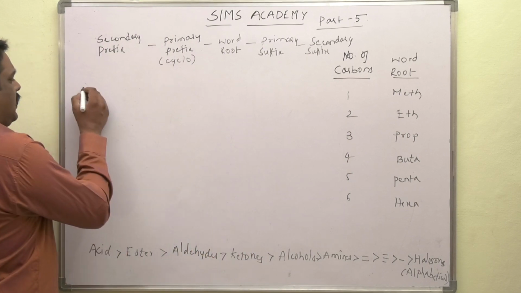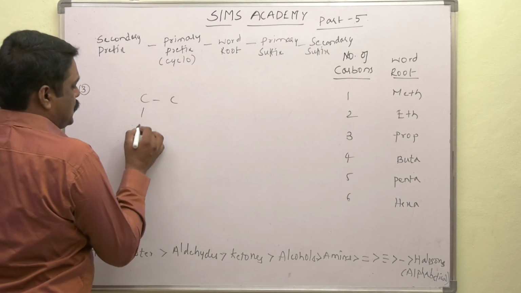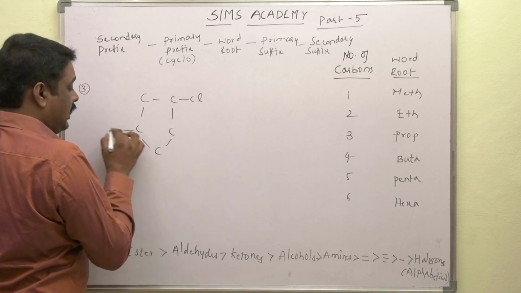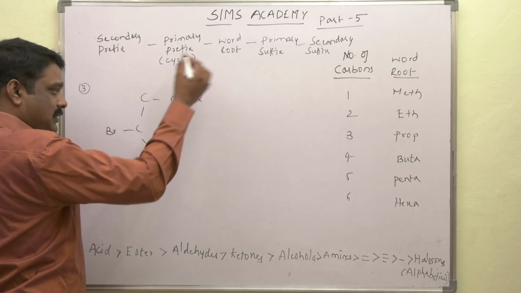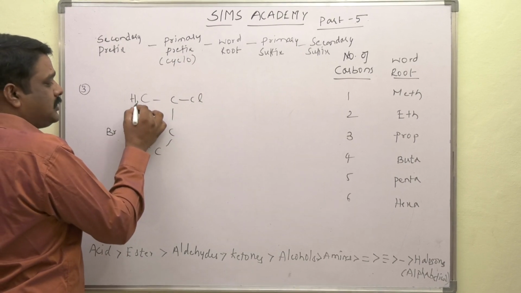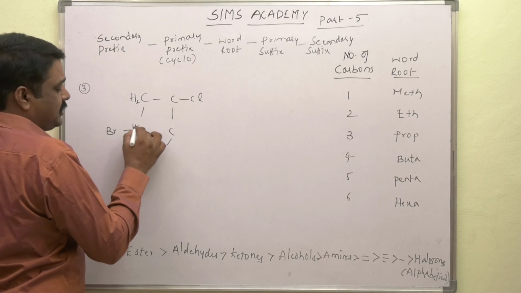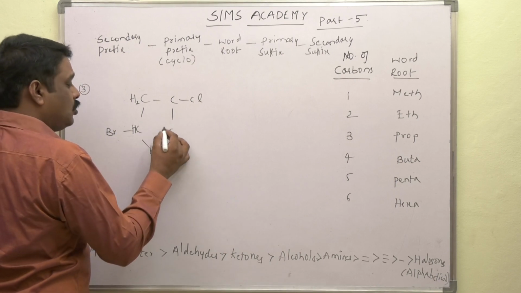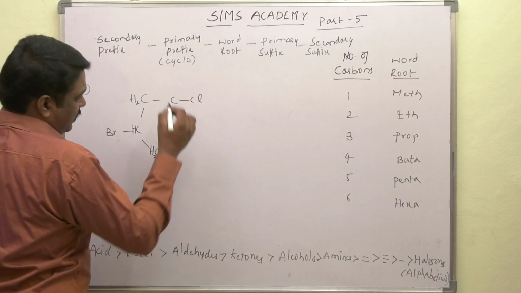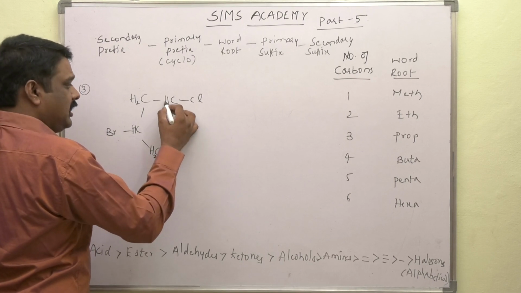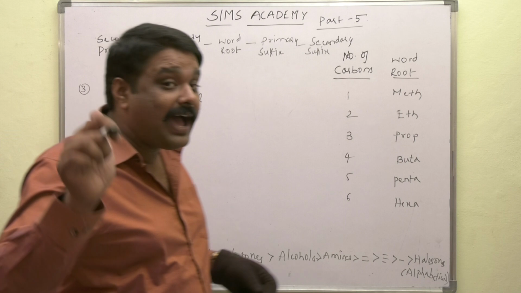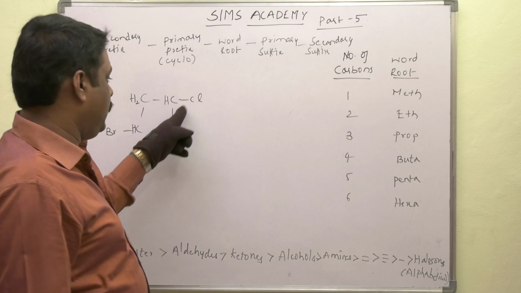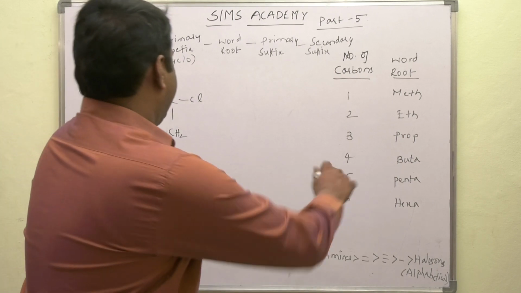Another example here. 1, 2, 3, 4. Another carbon. We shall take 1 chlorine and 1 bromine. Let us fill them with hydrogens. 1, 2 bonds. 1, 2, 3 hydrogen. 2 hydrogens. 2 hydrogens. Anywhere we can keep, no issue. 1, 2, 3, 1 hydrogen. Why? Because carbon valence is 4. 3 bonds are being filled up, 1 is taken with hydrogen.